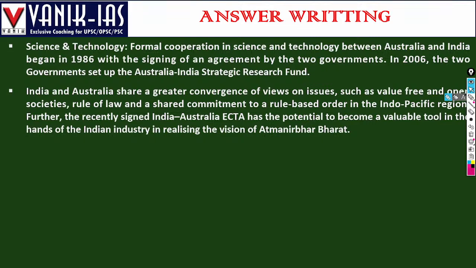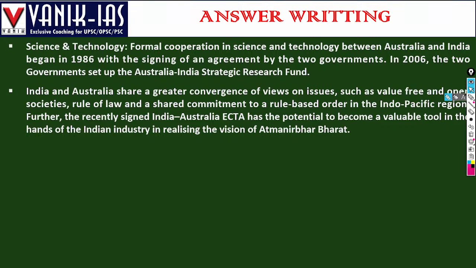Formal cooperation in science and technology between Australia and India began in 1986 with the signing of an agreement by the two governments. In 2006, the two governments set up the Australia-India Strategic Research Fund. India and Australia share a greater convergence of views on issues such as values, free society, rule of law, and a shared commitment to a rule-based order in the Indo-Pacific region. Further, the recently signed India-Australia